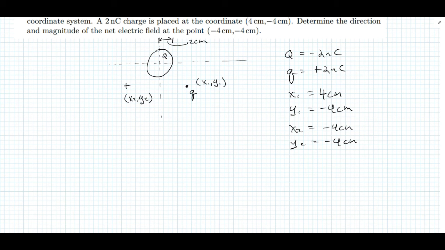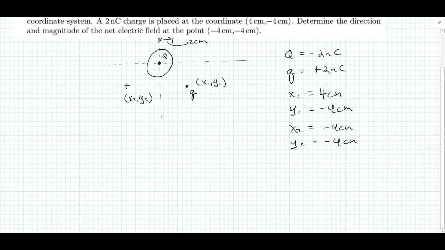So I know that I'm going to be able to replace this with a point charge. So I'll just draw the point charge there. All right, let's assume that I've got a negative Q and a positive little q. So I'm going to assume that big Q is negative, little q is positive, and I want to draw what